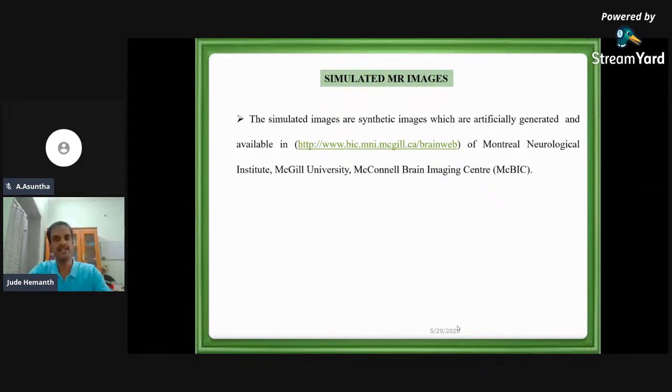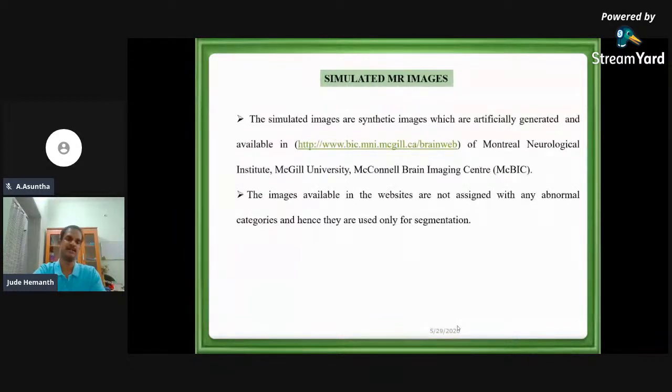If you are unable to collect the images from the doctors, there are also many images available on websites. Many Canadian universities, American universities. One example is the link I have given here from where you can take some data. I am not sure this was taken long back, but still I feel that you can find the data here. And these images I have used only for segmentation. The reason is they have not given the specific classes of the images. If I do not know the specific classes of the images in advance, I cannot train my neural network.